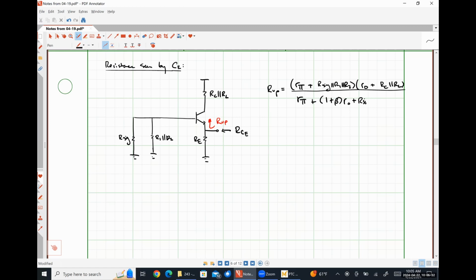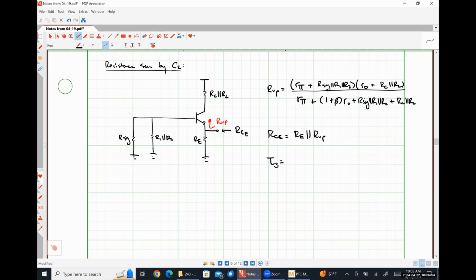That would be R sig in parallel with R1 in parallel with R2 plus RC in parallel with RL, like so. And then RCE is just RE in parallel with R up,